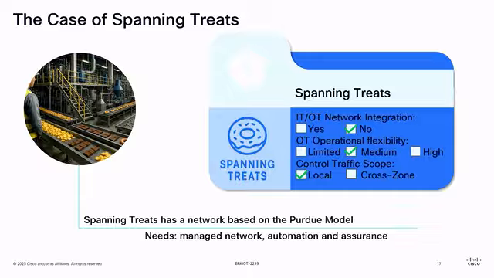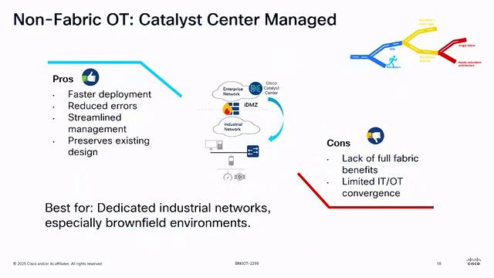So for this case, we're looking only for automation and assurance. And I know this is an SD Access presentation, but because the architectures are based on use cases, for this customer we say you don't really have a need for SD Access. You can keep your network as it is, and then introduce Catalyst Center. With Catalyst Center, you can have this automation, this assurance you are looking for. You can keep your Purdue model as it is, but you are speeding up your deployment and having the visibility